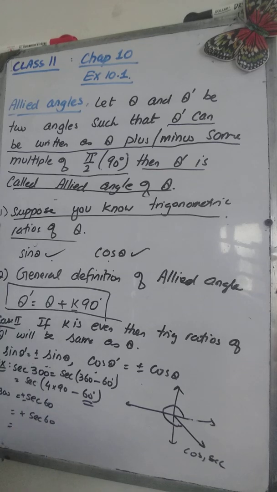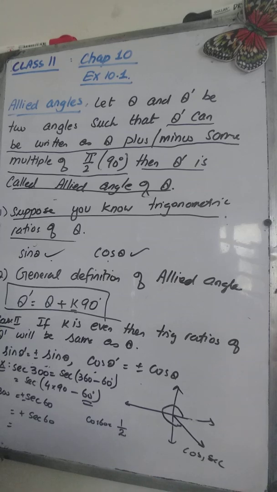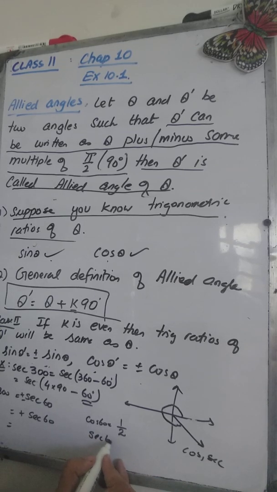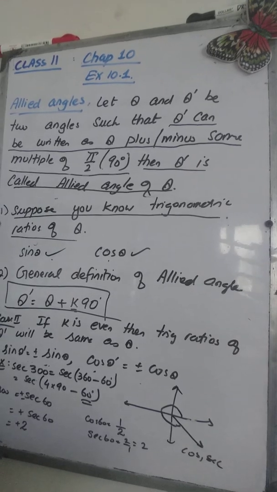Now, what is secant 60? We know that cos of 60 is equal to 1 over 2. Secant is the reciprocal of this, so secant 60 will be equal to 2 by 1, that is 2. So here we are going to get plus 2. So with the help of secant 60 we found the secant of 300. 300 was the allied angle of 60. So this is how we find the